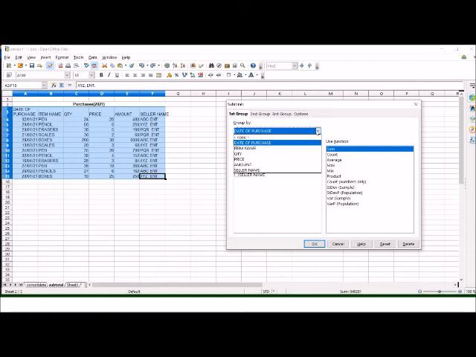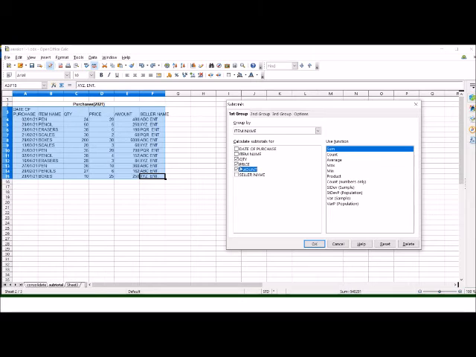In the group by option we can see the names of all the columns, and suppose we want to group this worksheet on the basis of item name, then we will select the item name column. Now here we will select those columns for which we want the totals, like we want the total quantity, total price and total amount, and these quantities, price and amount should be grouped on the basis of item name.